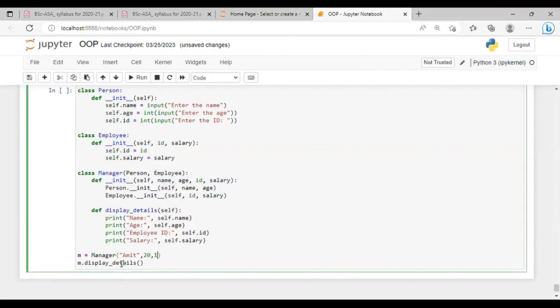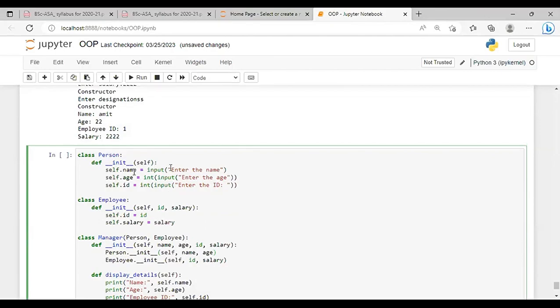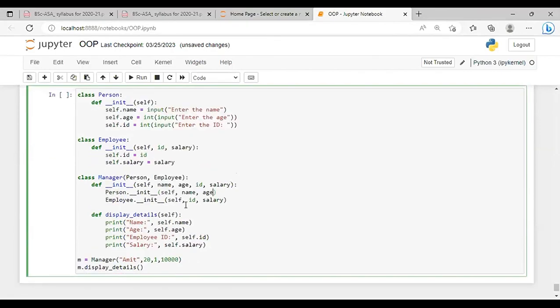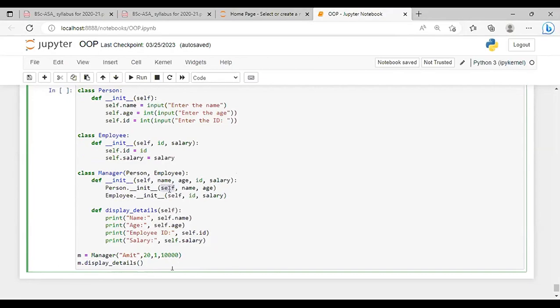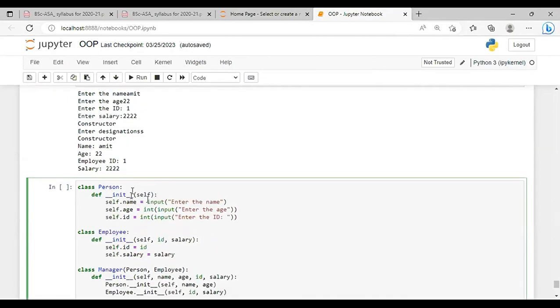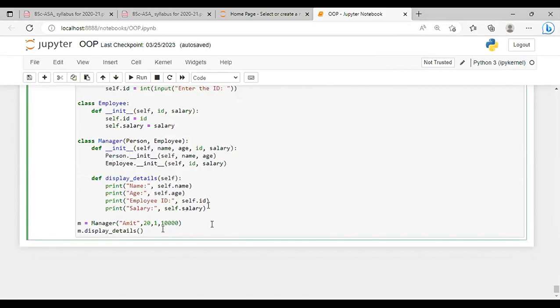For ID it is 1, and then salary it is 10,000 for example. It will pass all these values to these four variables. Then it will call the person and it will carry name and age here. But here you can find we have already given some values to it, so better